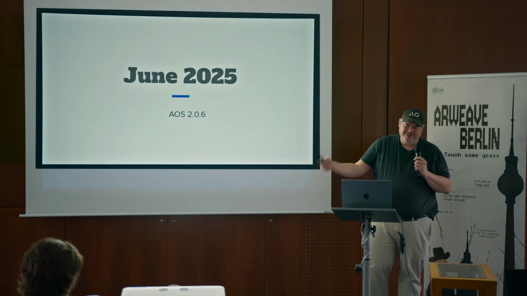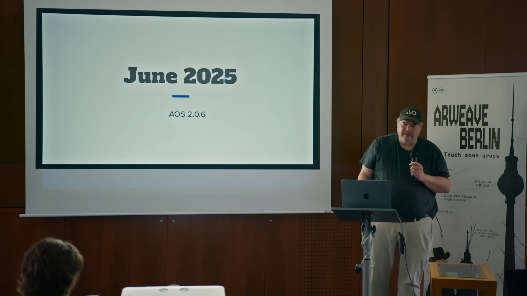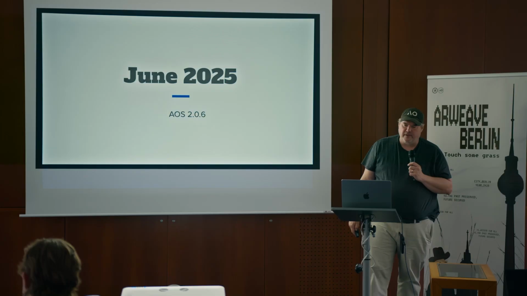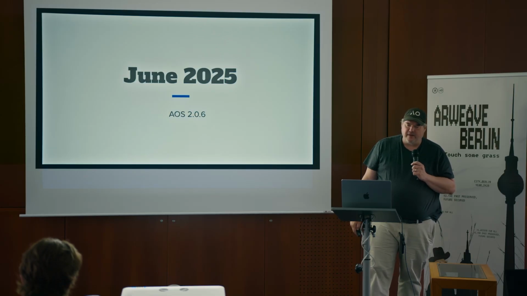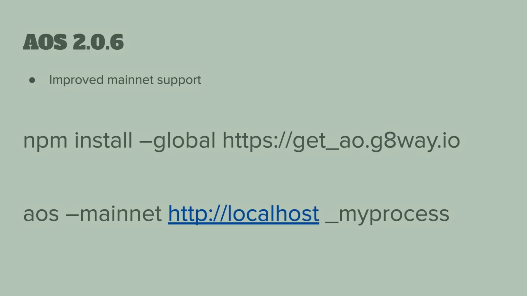So we're here in June 2025, and as we are moving to milestone 3 beta, we're also going to drop AOS 2.06, and it will have full support for M3 beta. You'll basically be able to npm install just like you normally do, but then when you launch, you'll just do AOS mainnet and then your Hyperbeam node and then your process name. And you'll get a prompt